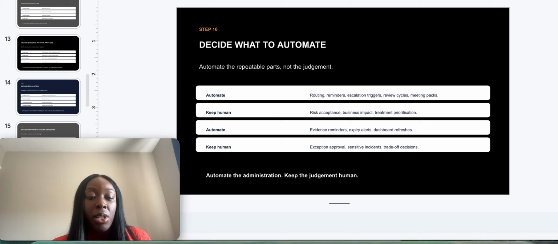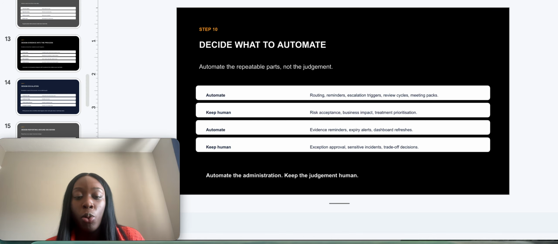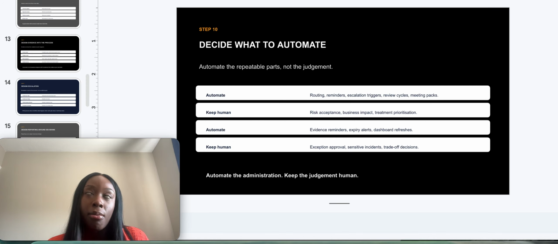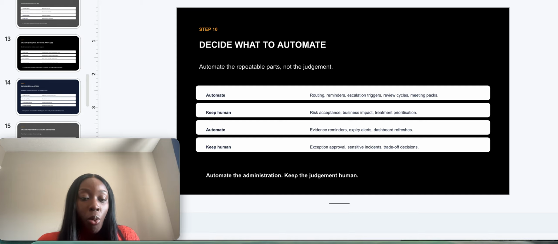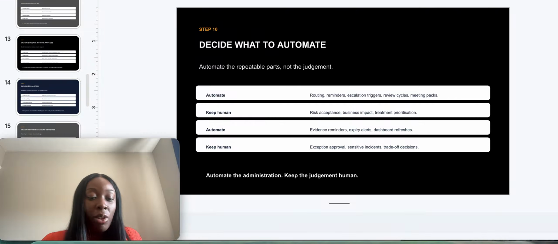risk acceptance. You don't want it to be a case where a tool is deciding if it's acceptable for you to extend a risk acceptance or to lapse it or whatever it is. Business impact, those are things that you need to normally discuss at a leadership level, so those are good to keep offline. Treatment prioritization as well, that's very specific to an organization, so the average tool is not best equipped